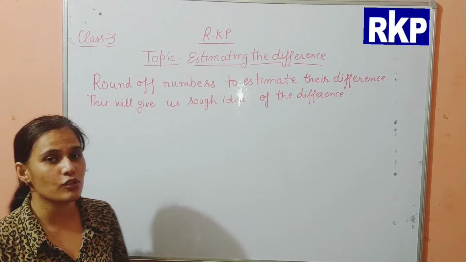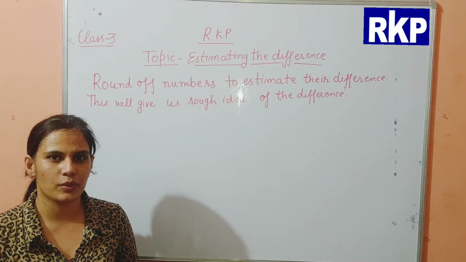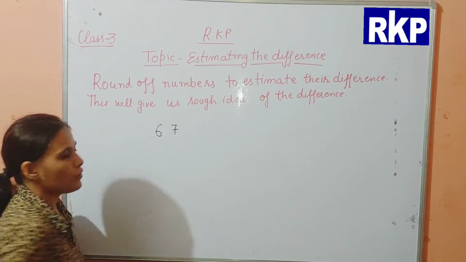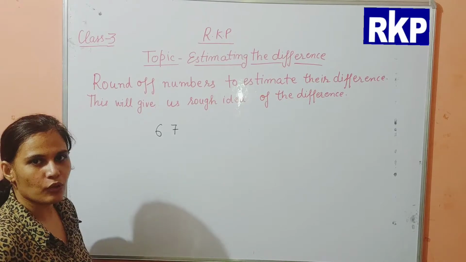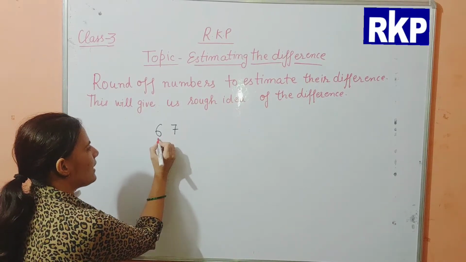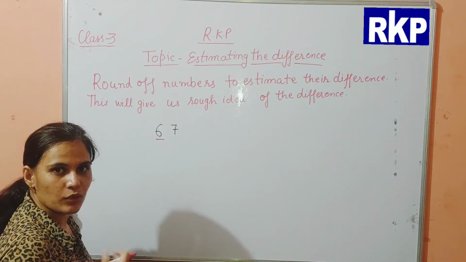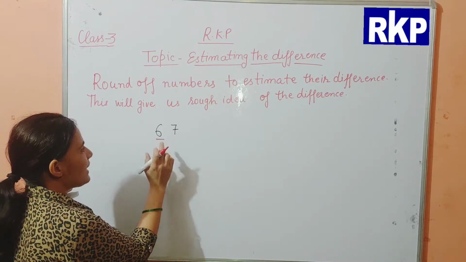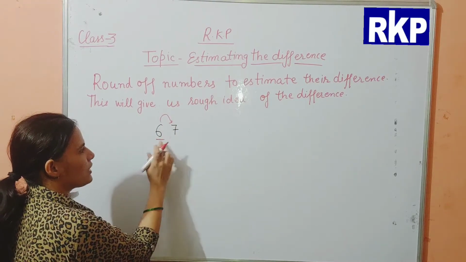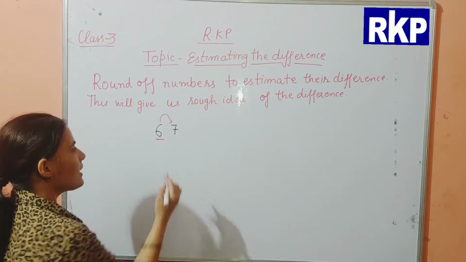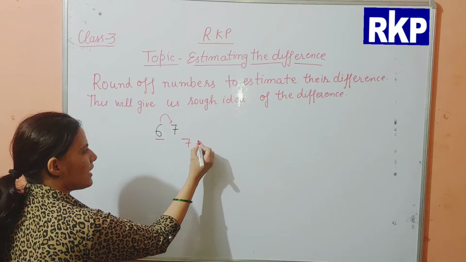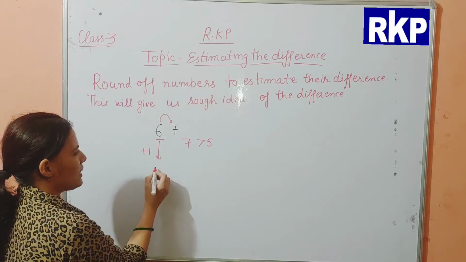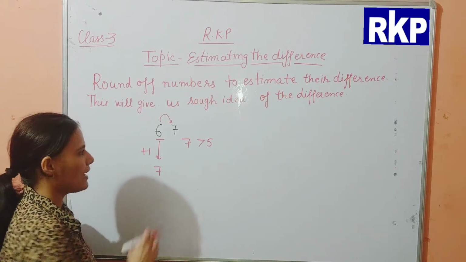So before going to start, first of all we will remind how to round the numbers to the nearest 10. Like you have been given 67. First of all you have to round it off. How do you round it off? First of all underline the tens place. That is, you are rounding the numbers to the nearest 10. Underline the tens place and see the digit just to the right of the tens place. What is to the right of the tens place? That is the ones place. If the ones place is greater than 5, then what will you do? You will increase the tens place by one, so you get 6 plus 1, 7, and after that you make the ones place 0.